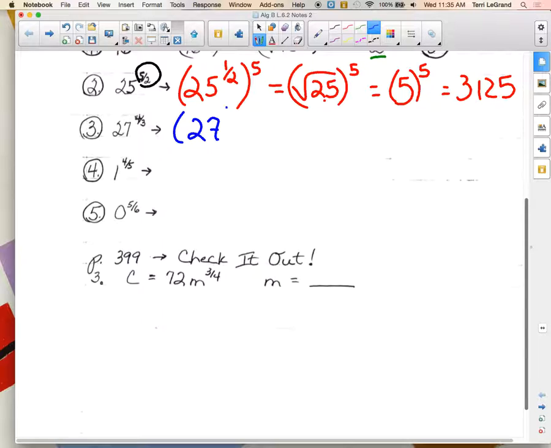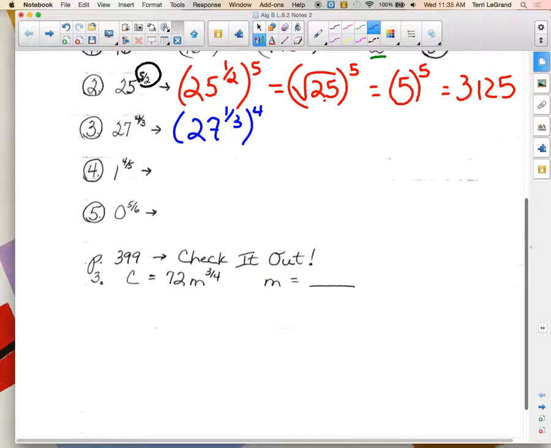To the 1/3 power, okay. Yep. And then raised to the 4th power. You guys agree with that? Good job. Okay, now, notice we started with a rational exponent. Was it